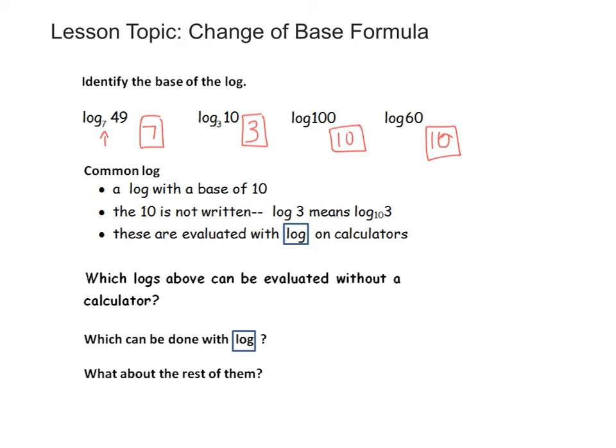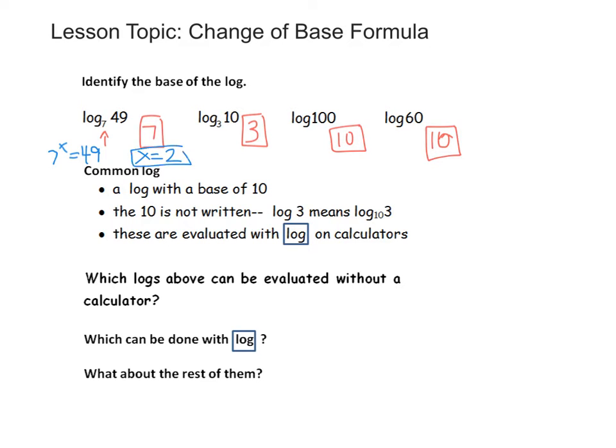As we've done in previous lessons, there are some log situations that we can evaluate without a calculator. So let's think about log base 7 of 49. If we rewrote that as an exponent situation, we would have 7 raised to the x power equals 49. So 7 raised to what power is 49? We know that one because 7 squared is 49. So x equals